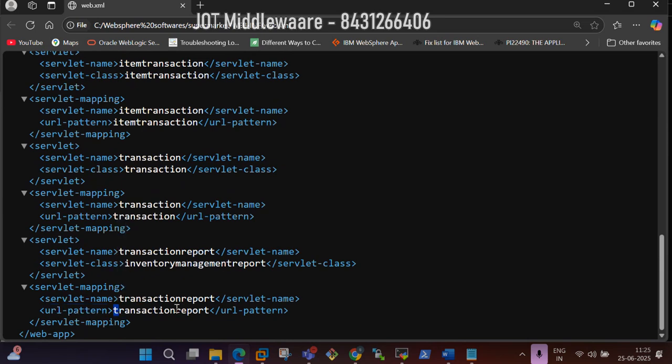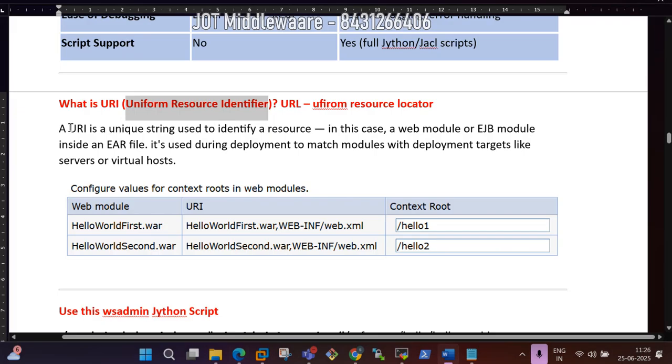So this will be in my URL, and the identifier, with the help of identifier, it will identify the respective servlet name and the respective class will be picked up and executed. So URI is a unique string used to identify a resource, and URL is